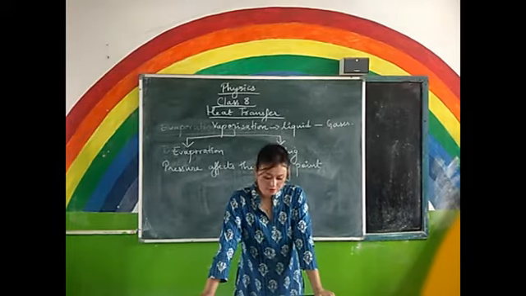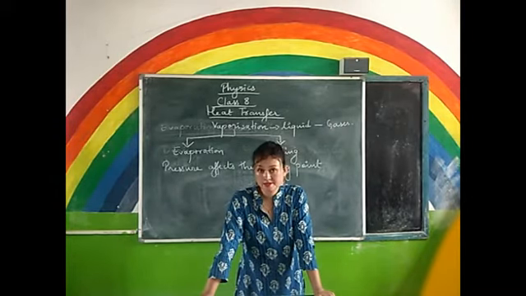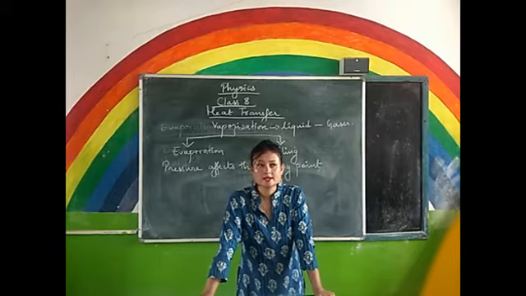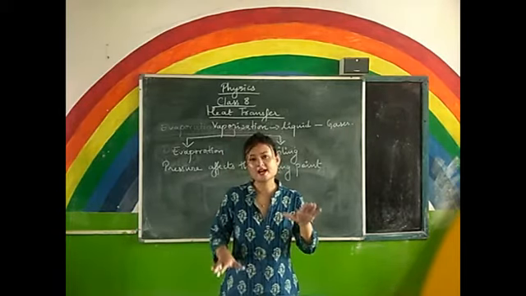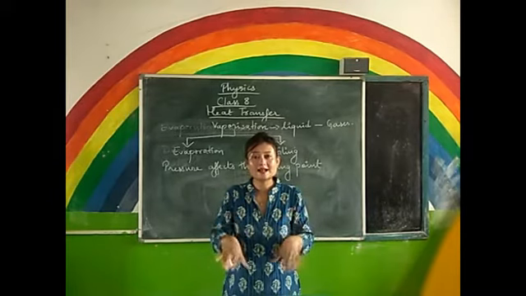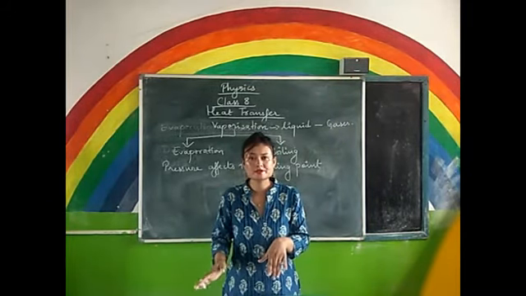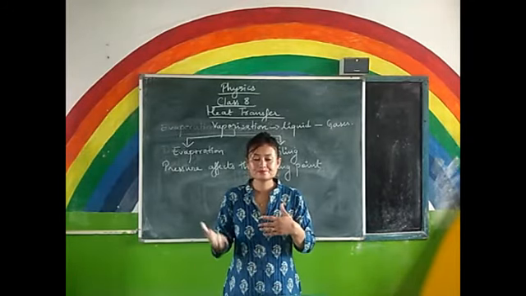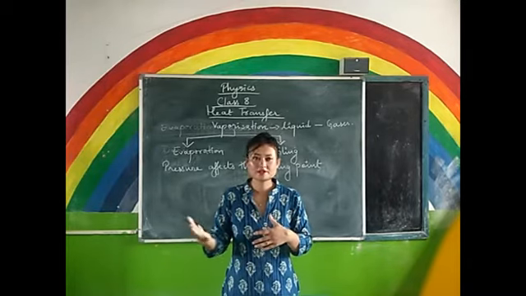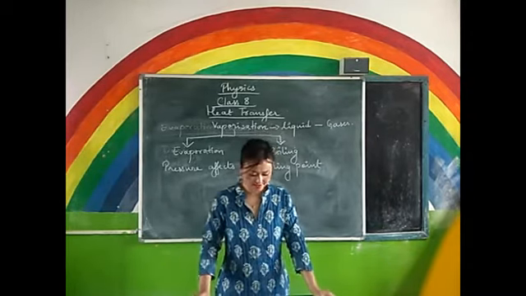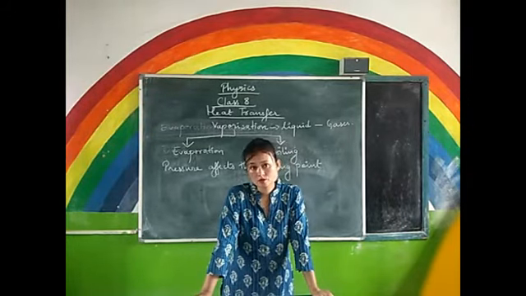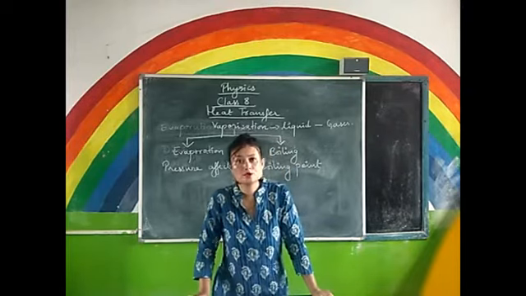With the increase of the atmospheric pressure, the boiling point of a liquid increases, to increase the vapor pressure and make it equal to the atmospheric pressure. As I told you already, the vapor pressure and the atmospheric pressure have to be balanced. In order to balance it, when the atmospheric pressure increases, the vapor pressure also increases. And when the atmospheric pressure decreases, the boiling point also decreases. That is why in the mountains atmospheric pressure is low, and thus water boils at a temperature below 100